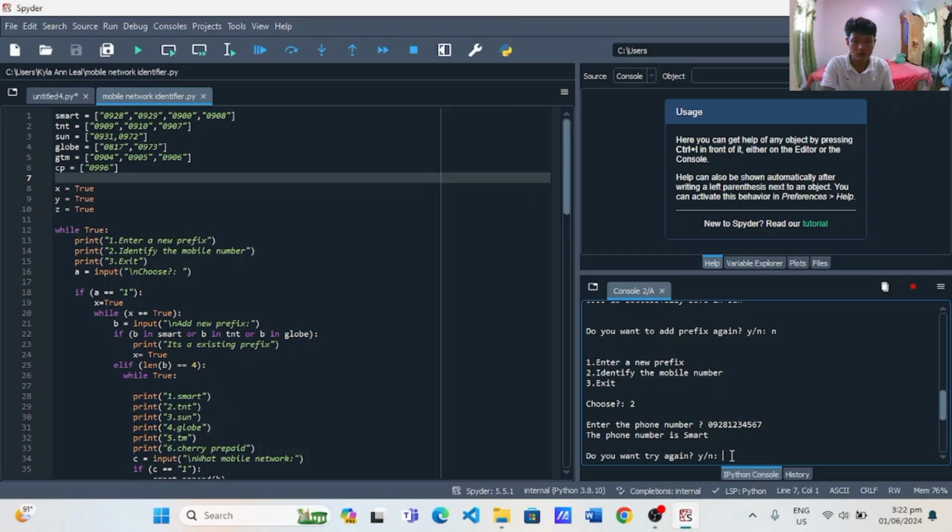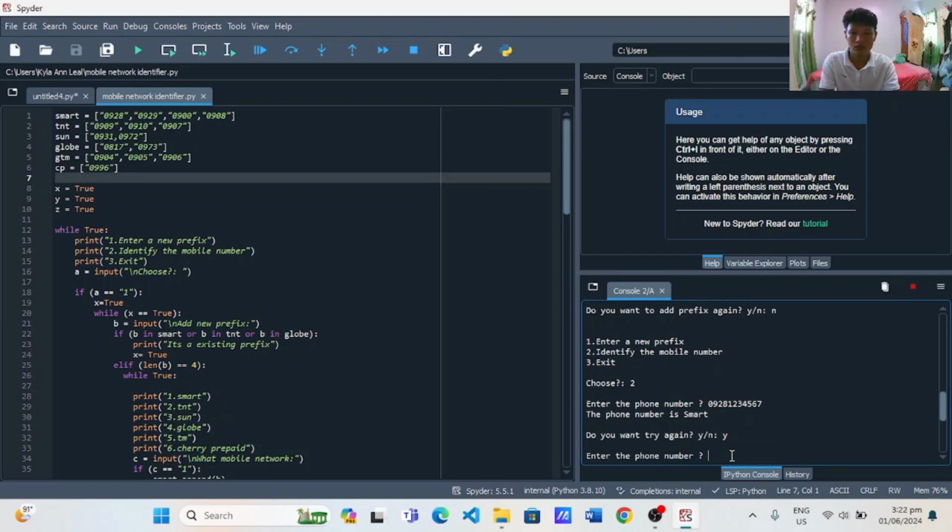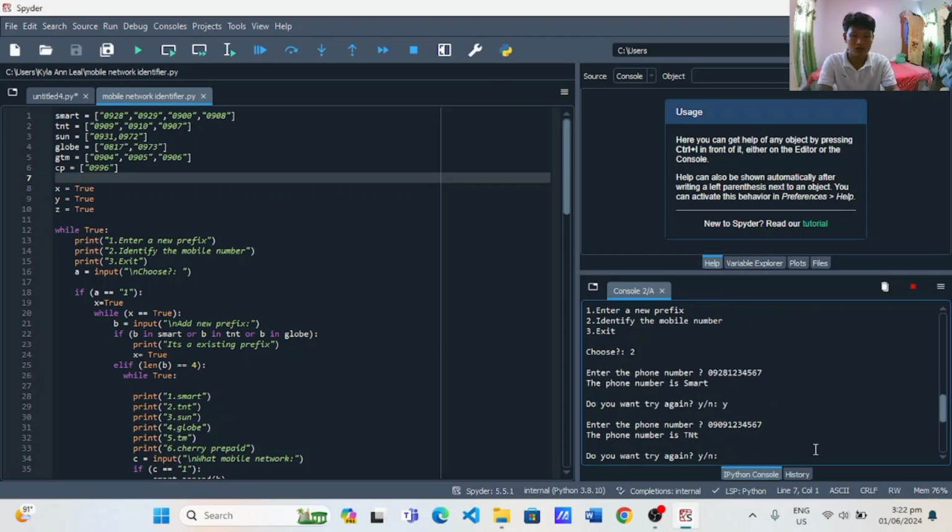And then we will try again, press enter, and then we will enter a mobile number, 0909123256 51, and then we press enter again. And that shows that the phone number is a TNT.